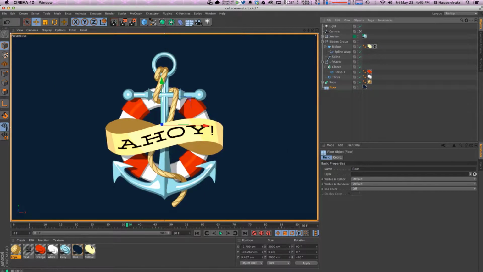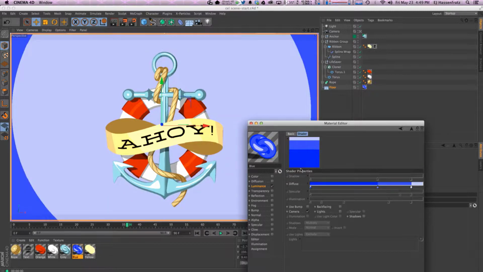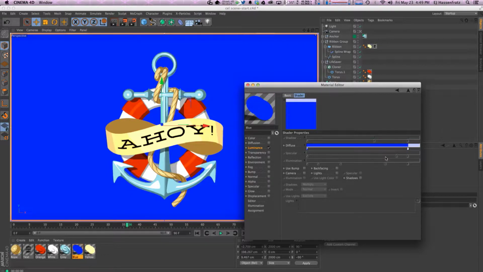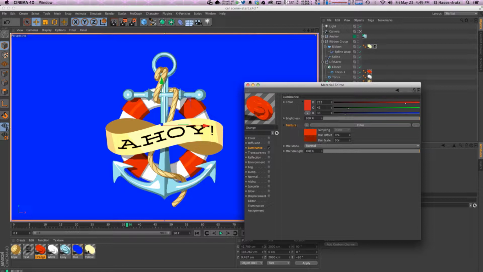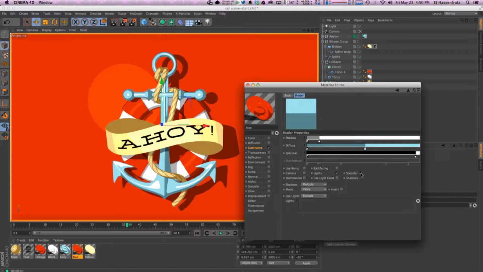And let's go into our luminance here, add another cell shader, and you can see just by default it doesn't look all that great. Actually, let's go ahead and grab this orange, and let's grab this whole entire filter plus cell shader and just paste it, just to save us some time. And we can get rid of specular,